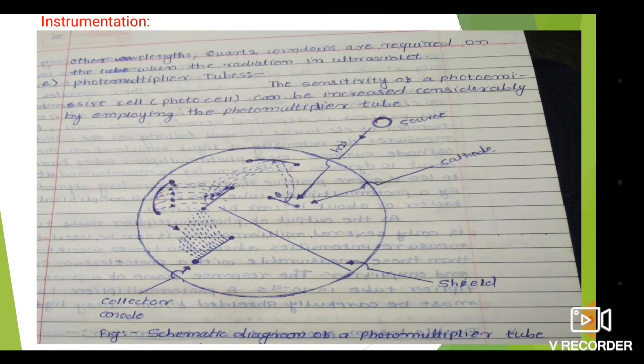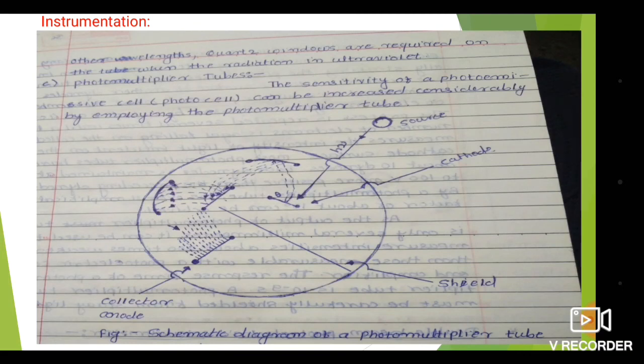A photomultiplier tube consists of an electrode covered with the photoemissive material, and also contains a large number of plates known as dynodes. Each dynode is covered with a material which emits several electrons, 2 to 5 electrons. These electrons all get multiplied. Also each dynode is charged at a successively higher potential. A typical photomultiplier tube is shown in the figure.